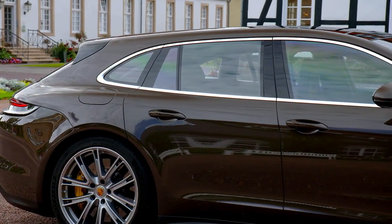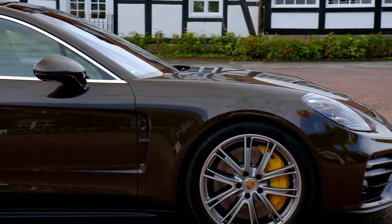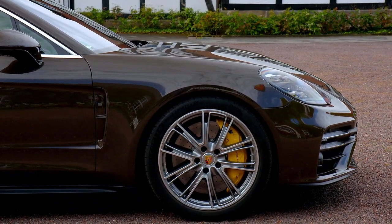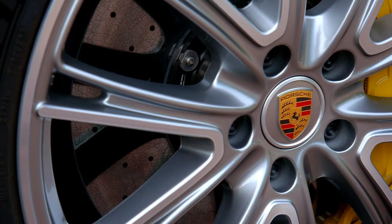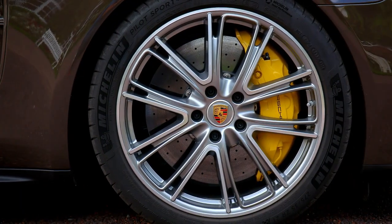Three new 20 and 21-inch wheels have been added to the wheel range, so that a total of 10 different designs are now available. The new Porsche Panamera is available to order now and will be in dealerships in the middle of October 2019. In Germany, prices start at